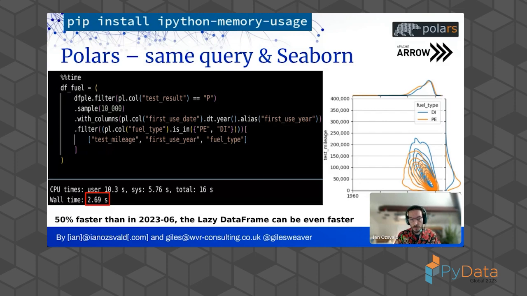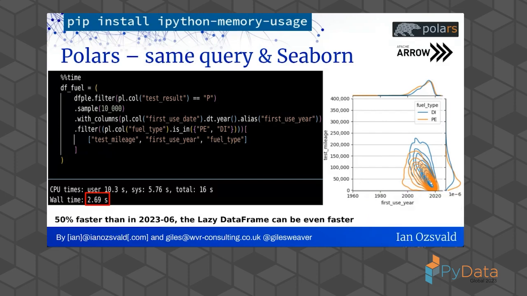So looking for all the vehicles that have passed, taking a subsample of 10,000, taking their first use year, and then filtering for petrol and diesel, and then plotting in Seaborn. And here I've used a KDE plot rather than a scatter plot, but it's the same data, just to show that we can draw this using our regular tools, and it works fine. There was no problems using Seaborn or SciPy. I've tested as well, using Arrow, so df_ple, pl being the shorthand for Polars, df_ple, the eager data frame. So things are operated upon, every line operated upon as it's encountered with no query planning. We'll get to the query planner in a moment.